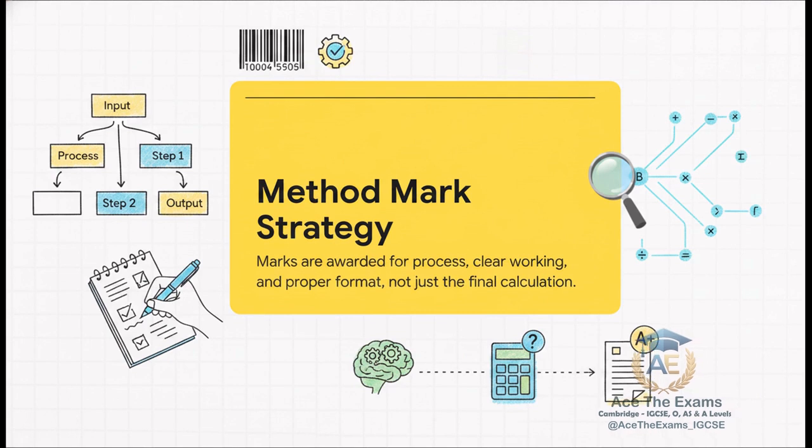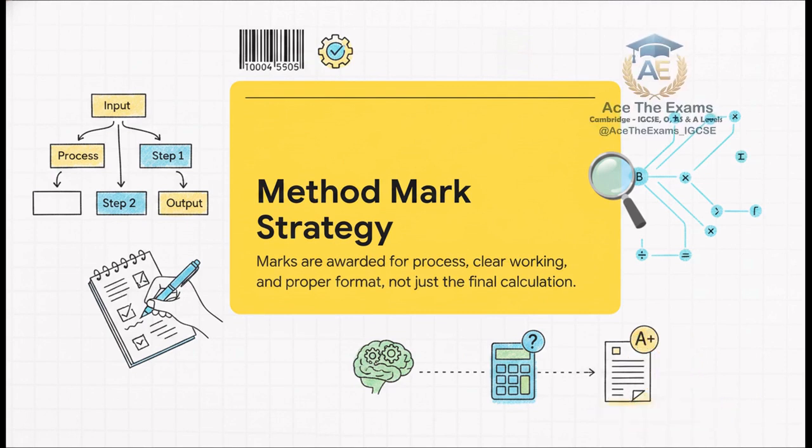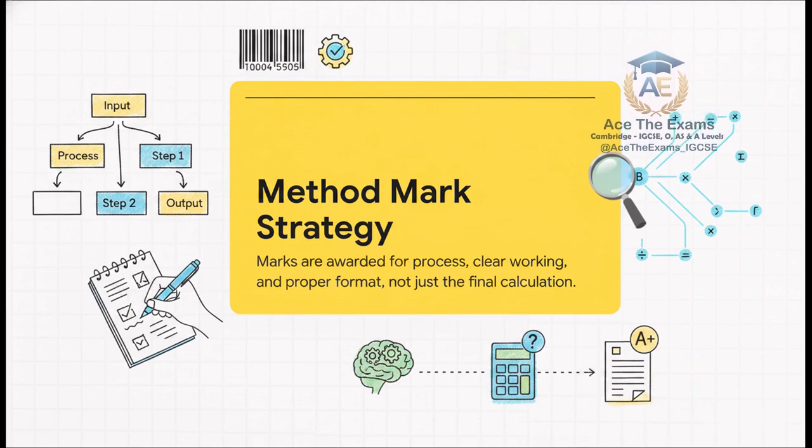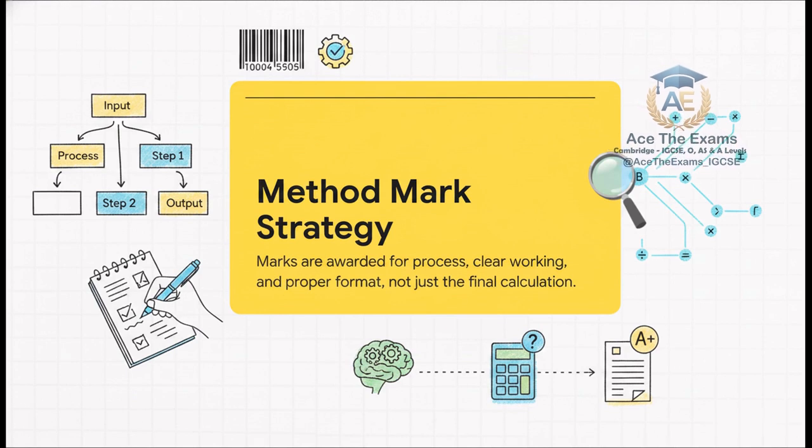Let's look at a realistic scenario. Say you are tasked with computing a really complex modulo 11 checksum for a product barcode. You're halfway through, you're feeling the pressure of the exam clock, and you make a simple, silly arithmetic error. If you just skipped the working and wrote down the final incorrect answer at the bottom of the page, you